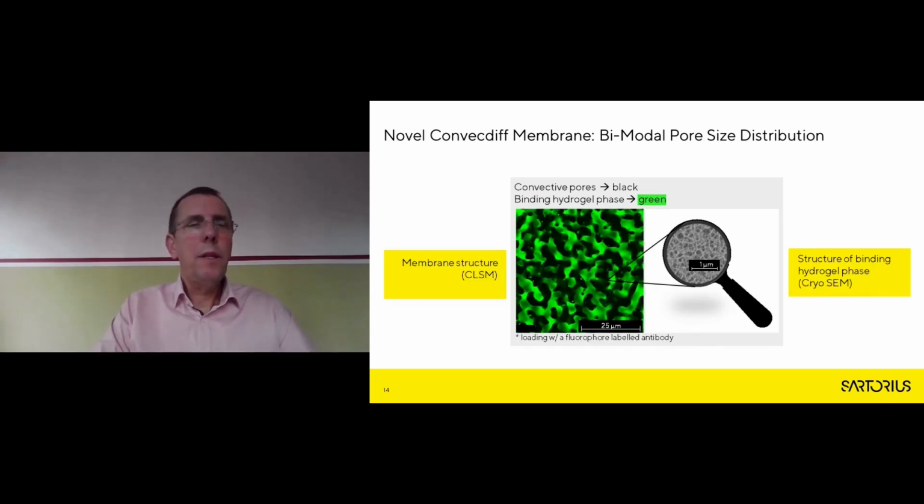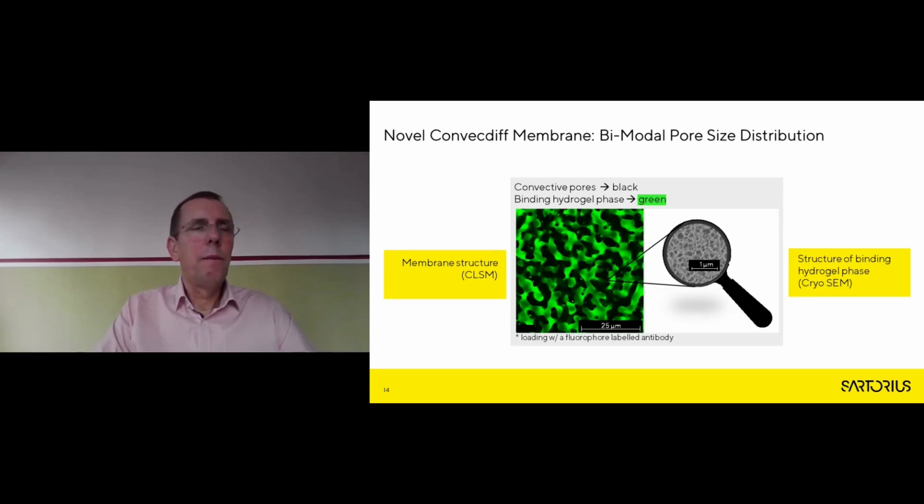On the left, you can see a confocal laser scanning image of the membrane where the green color depicts the binding hydrogel phase and the black color the convective phase. Both phases represent about 50% of the material volume. You can see the very regular bicontinuous structure leading to efficient convective mass transfer and a very narrow distribution of